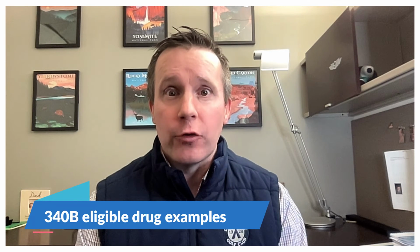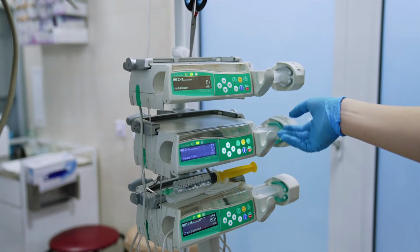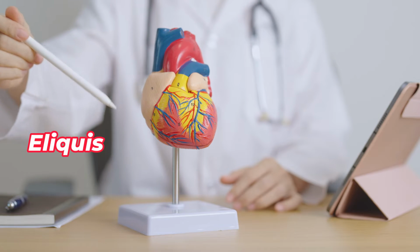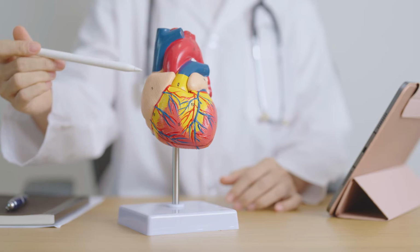So, what are some examples of drugs that are eligible for the 340B drug pricing program discounts? Some examples include Truvada, a medication that helps with HIV. In the cancer space, Keytruda is an ultra expensive medication that may be eligible for a discount. If we look at diabetes, Trulicity could be eligible. And lastly, if we look at cardiovascular, the medication Eliquis could be eligible for a discount under the 340B drug pricing program. These are just a few examples, but in essence, if it's an outpatient drug that's FDA approved and it happens to fall under the HRSA database, likely the outpatient drug is eligible for the 340B pricing program discount